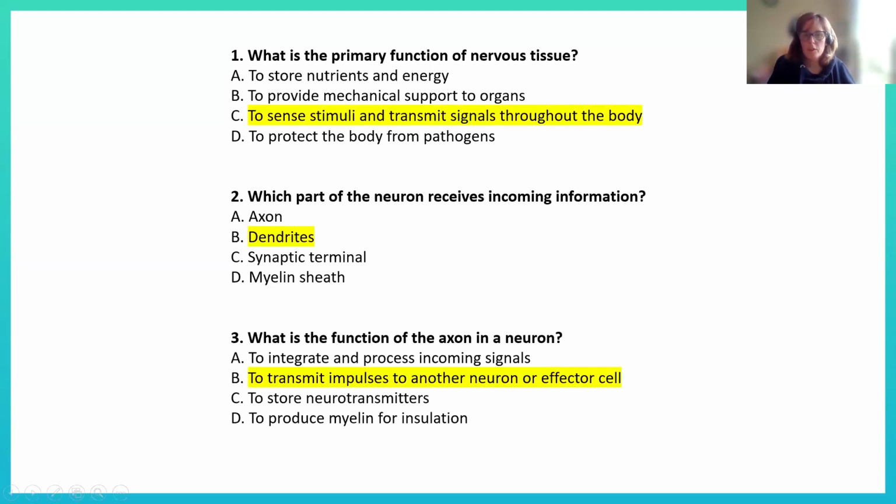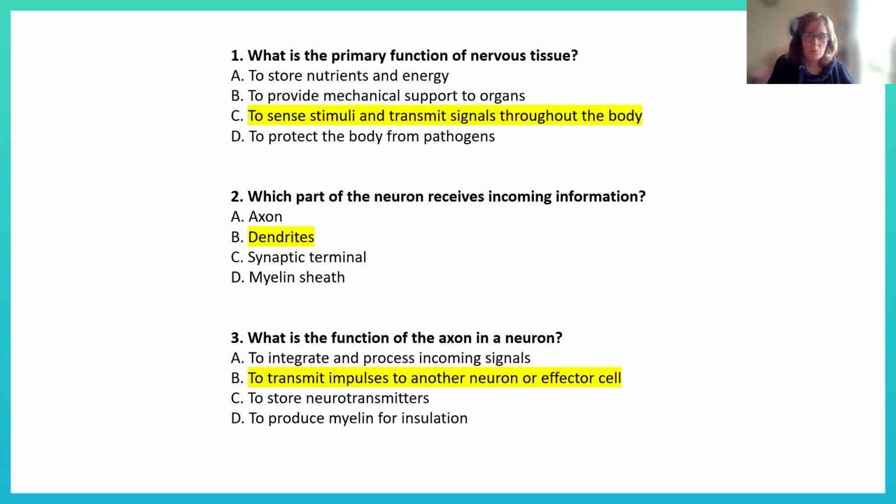So the function of the nervous tissue is to sense stimuli and transmit signals through the body. So we sense it with our eyes, our ears, our taste buds, our smell, our fingers, our skin, where we can sense pressure and temperature. Which bit of the neuron receives the incoming information? It's the dendrites, at the synaptic terminal sometimes. So B or C is kind of okay there,